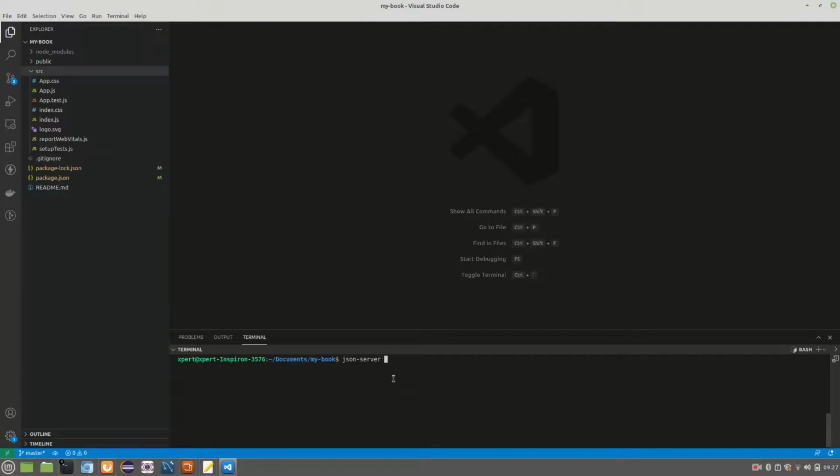I'll paste these commands into the description below, or in fact I'll upload the entire repository on GitHub, then you can take it from there also. json-server --watch, and the file name is db.json. This file will be created here, and then as I said, I would like to run it on a specific port. In my case, I'm running it on 4000. You can choose any port of your choice. Let's run it, and this has been created here,